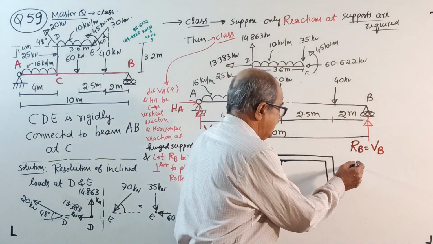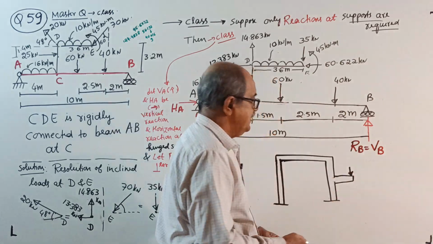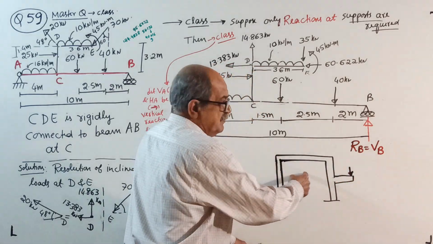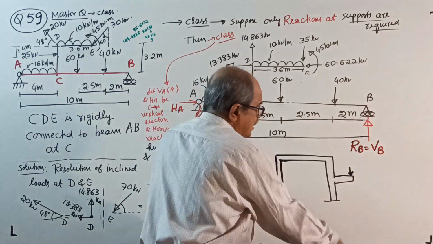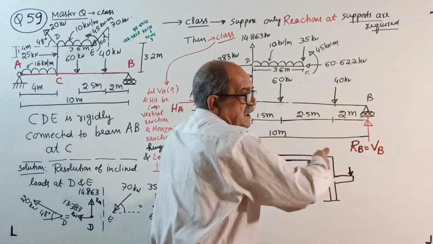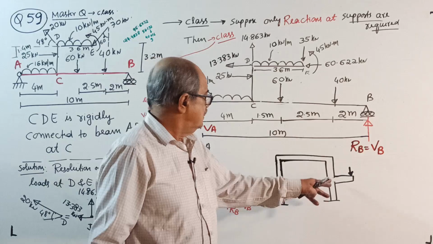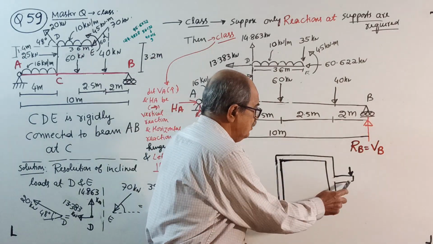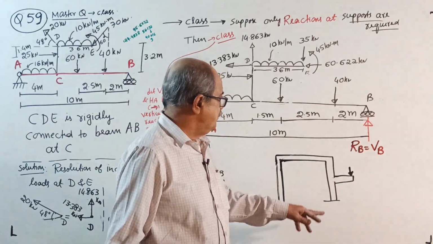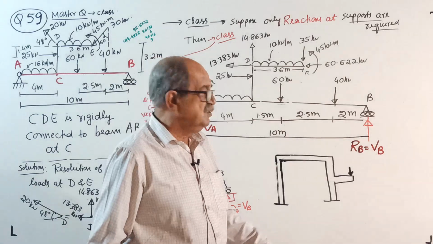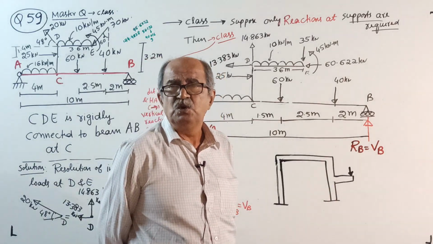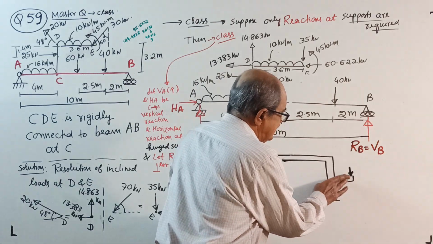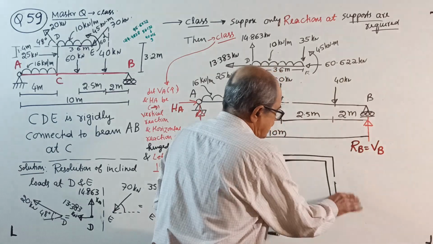Some loads are applied here, any type of loading. Now, this load will have an effect on the frame. It will try to push the frame down and try to rotate it in the clockwise direction. When you analyze this frame, you need not analyze the full frame, because if you go for some methods there, it will increase the number of unknowns. So what you can do is, you can remove this one,